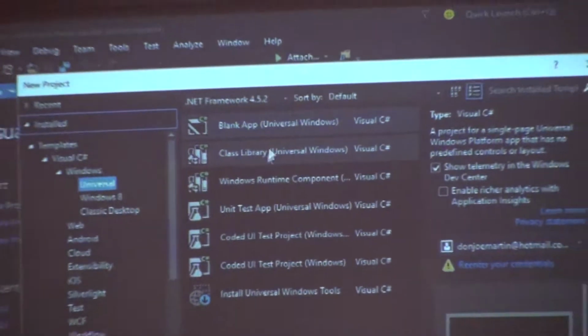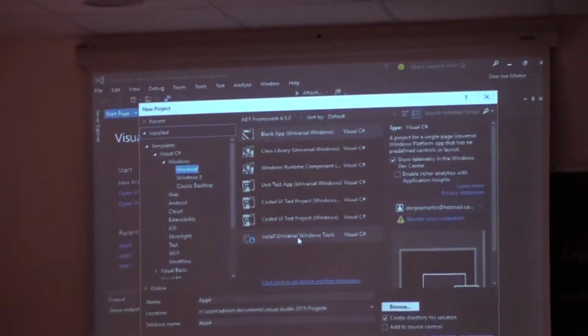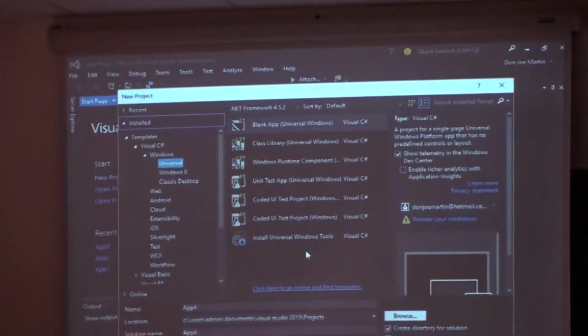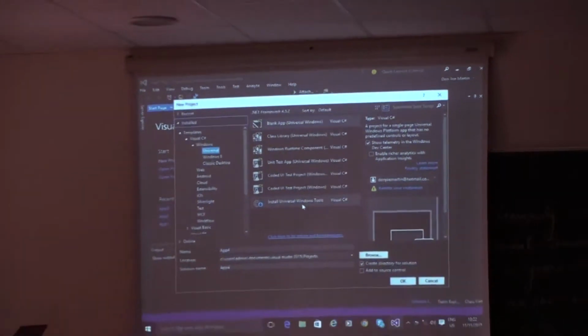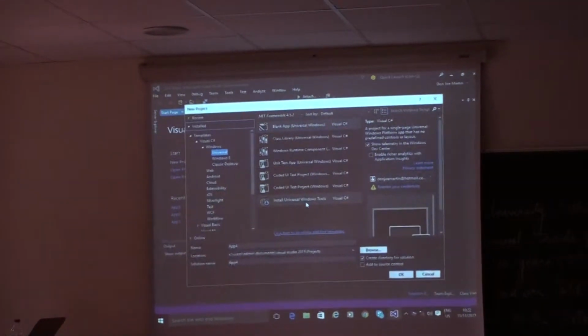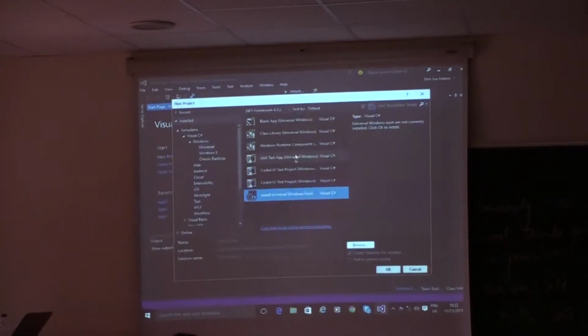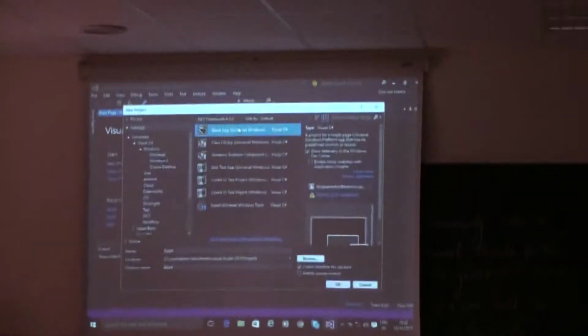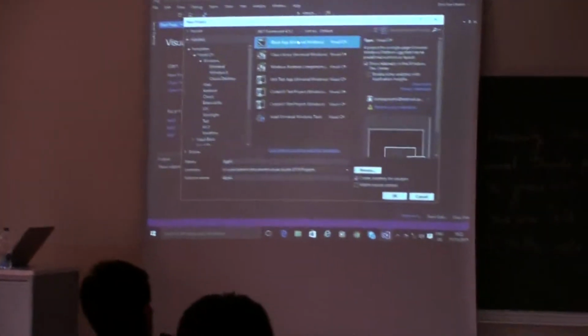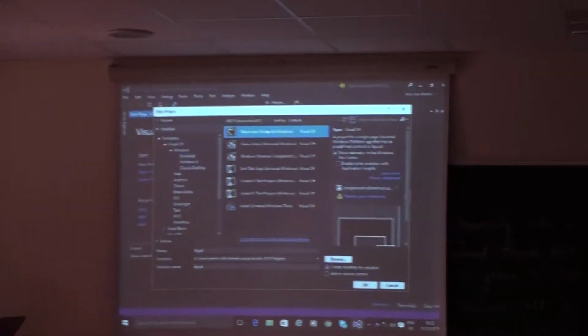Most probably, some people, I don't know why, when they have done the typical setup, have only the Universal Windows tools option open. If you have that, install it. Just click on the option and click OK, and all these options will automatically get installed within about 1.5 hours, depending on your connection. Because we do need this: we need the Universal Windows Platform blank app